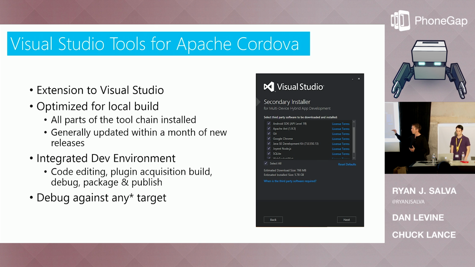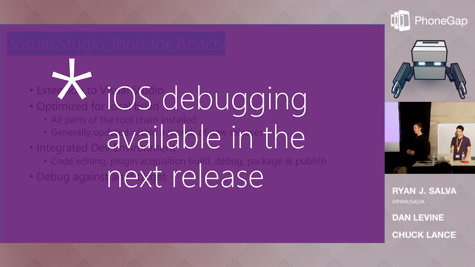The big headline here, and the thing that I want to call attention to, is that Visual Studio includes debug tools for all deployment targets. So that means browsers, emulators, tethered devices, Windows, Android, and, well, there's a little star here for any deploy target because iOS debugging is available in the next release. Put 2 and 2 together, we might be releasing in the next month. You know when that might be available.